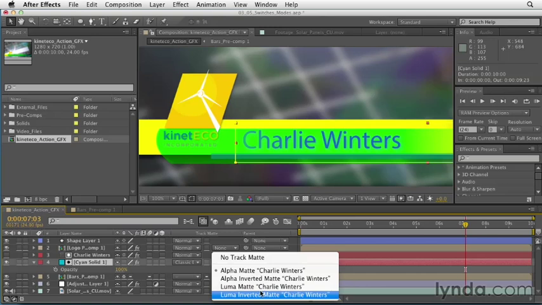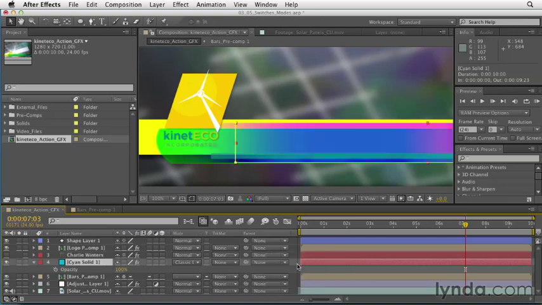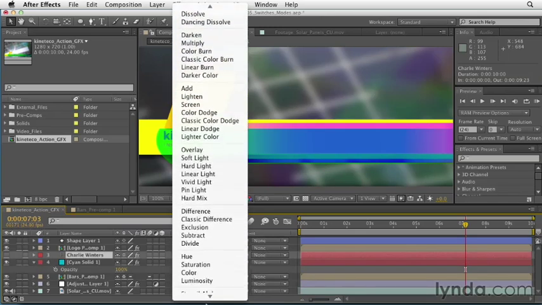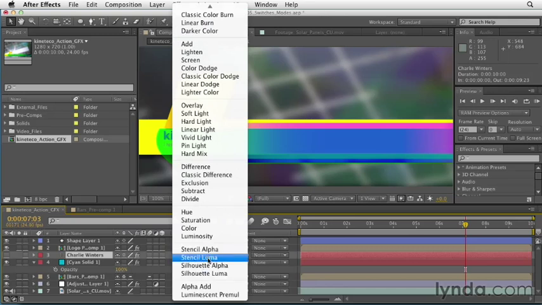But honestly, this little tip I'm going to show you is going to save you having to think about that. So let's change the alpha mat track mat back to no track mat, and then select the Charlie Winters layer, click on its mode pull down, and if we scroll down to the bottom, the last two groups are kind of fun. These are the matte categories. And basically the way they work,